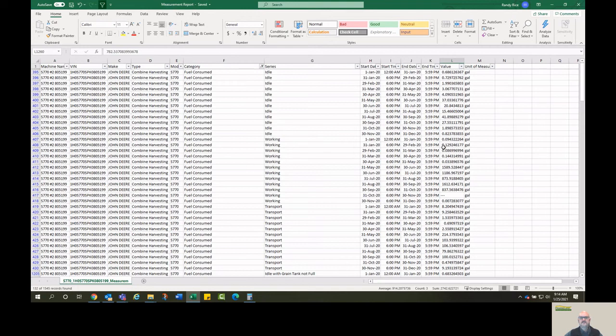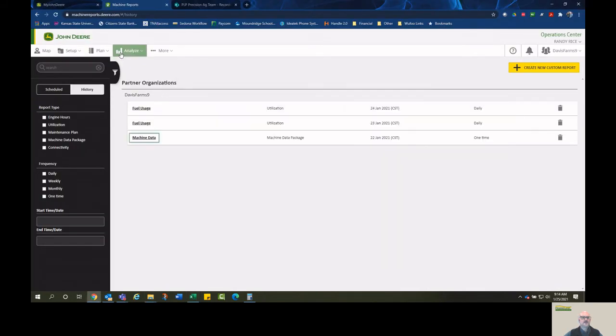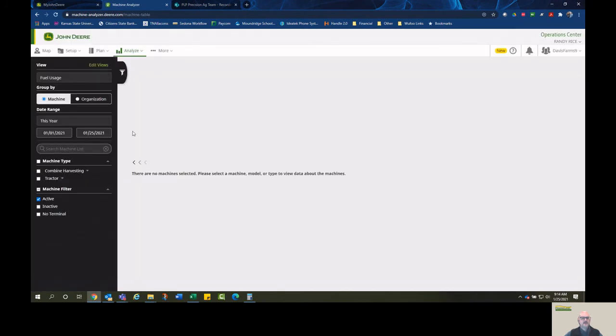So again, there's lots and lots of information in here, but for those of you who really want to get specific or really like to analyze some information, this spreadsheet can be a very powerful tool. Another option that we have as a dealership is if we come back in here and look at this machine analyzer. We looked at how to compare 2 machines, but as a dealership, we would actually have access